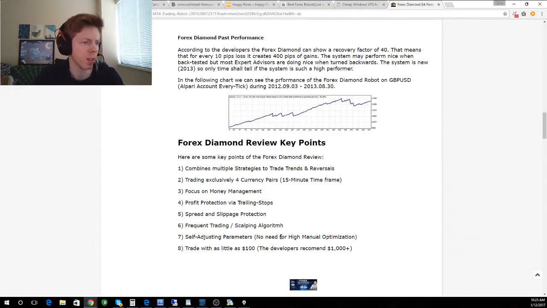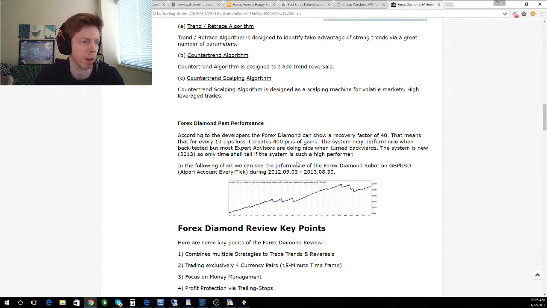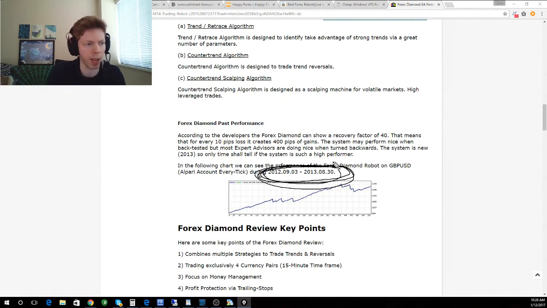He goes into a little bit of the details, combines multiple strategies and trending and trade reversals. I mean, what is that? That doesn't give anything away for what to expect from this. He does say, if we look at the data, okay, he does actually say the date. I didn't even see this. But it says here that the date is 2012 to 2013. That's a year. Now, we want more than a year's worth of data